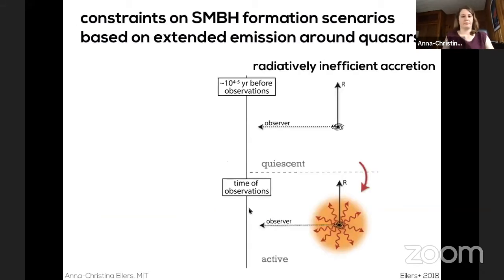So I mentioned that on the one hand, our results can be explained by radiatively inefficient accretion, implying that we can actually grow a black hole much faster than expected from accretion disk models. So more of the accreted mass ends up in the black hole and less is being radiated away. And this implies that these young quasars, or the quasars with short proximity zones that we see, recently experienced a change in the accretion rate. So the quasar that we observed today could have been a quiescent galaxy just like 10^4, 10^5 years before our observations.